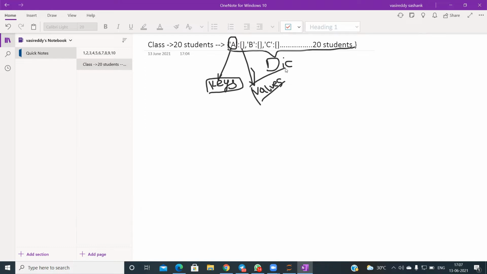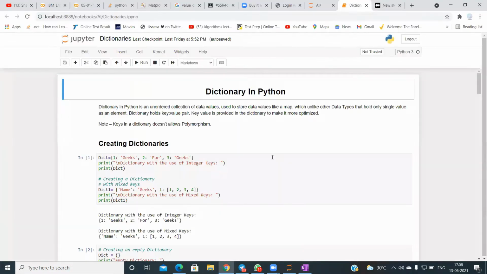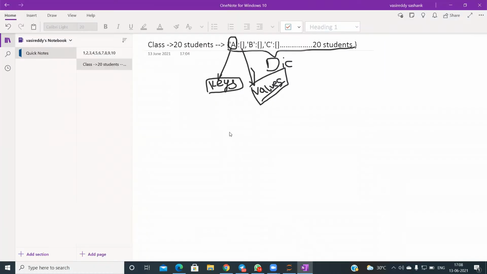So now let us look at how dictionaries are created. In Python, for a list you create it with square brackets. For a tuple, you put it in round brackets.